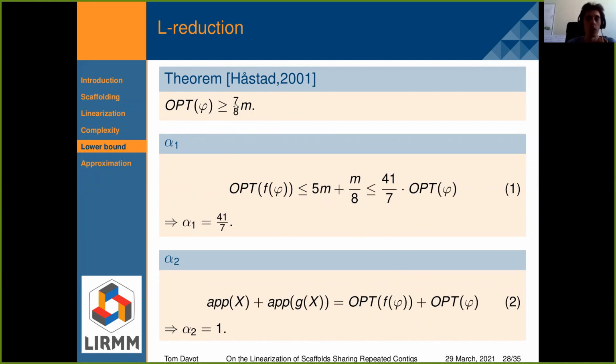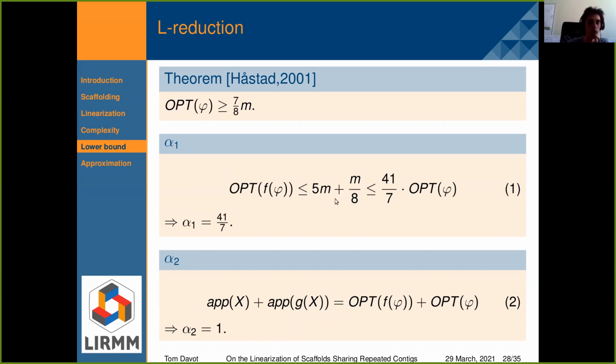So since we know that the number of unsatisfied clauses is less than 1 on 8, we know that the optimal solution in the construction has a number of cuts less than or equal to 5m plus m on 8.